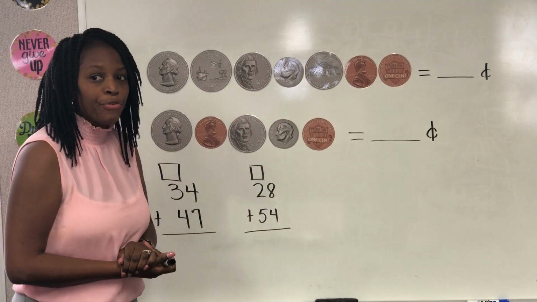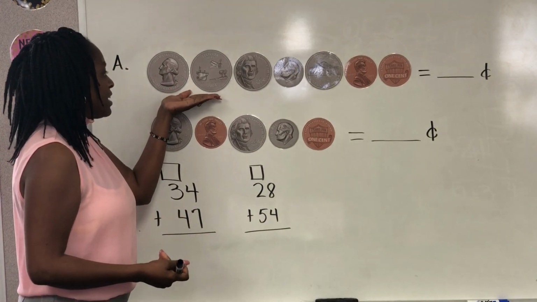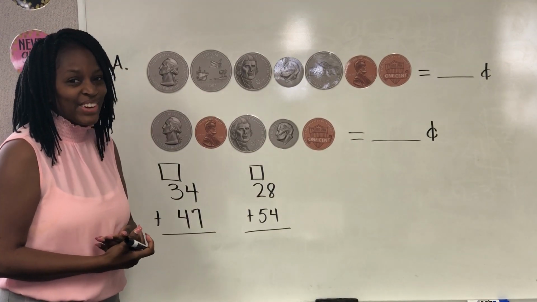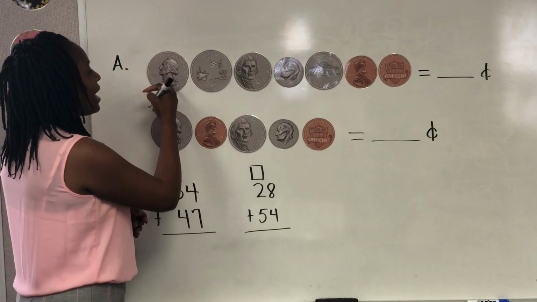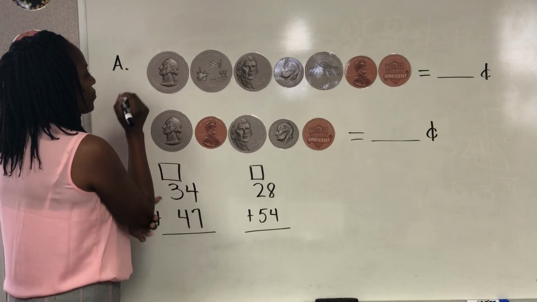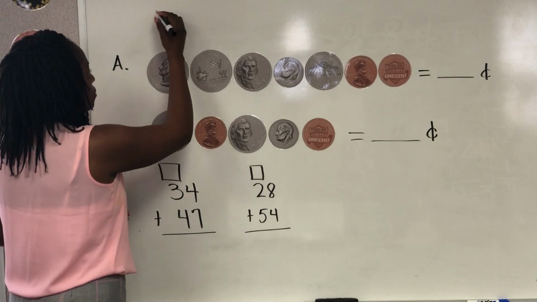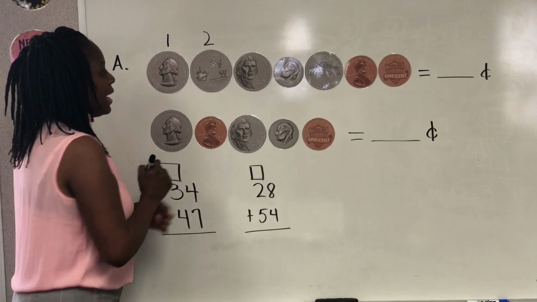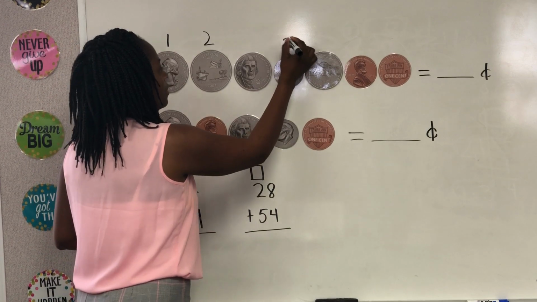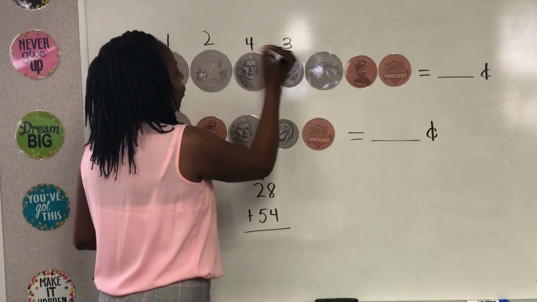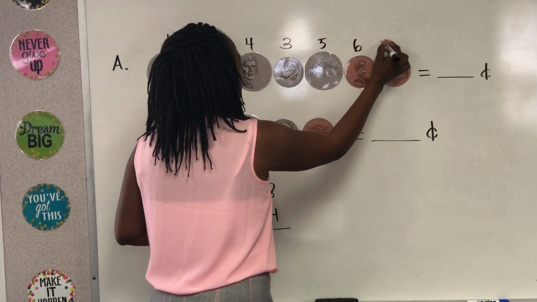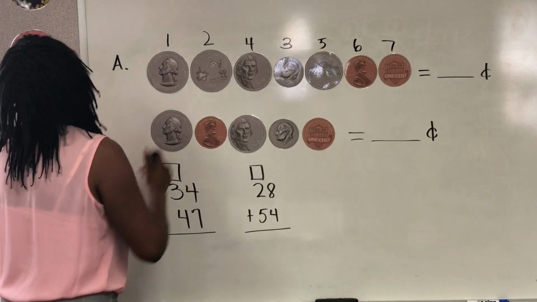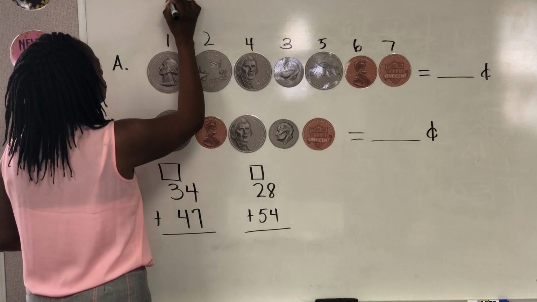So we need to order it from greatest to least. The greatest value of coins we have are the quarters. So we have 2 quarters. So you can number it 1, 2, and then move on to the next one. You count this 3rd, 4th, 5th, 6th, 7th, if you want to do it that way, if it's not so confusing. Or another way you can do is